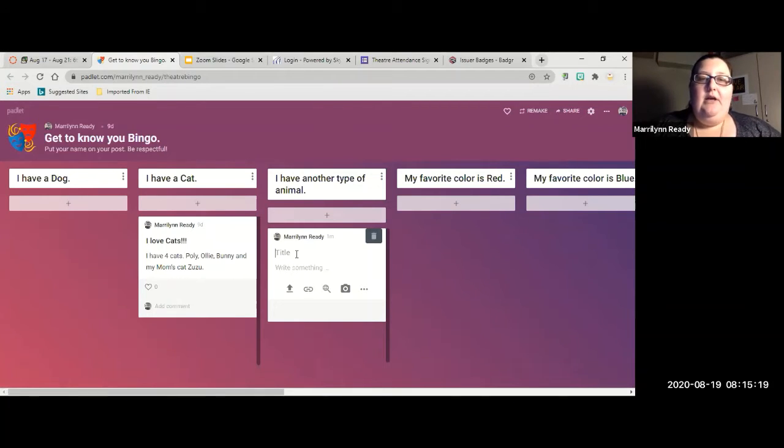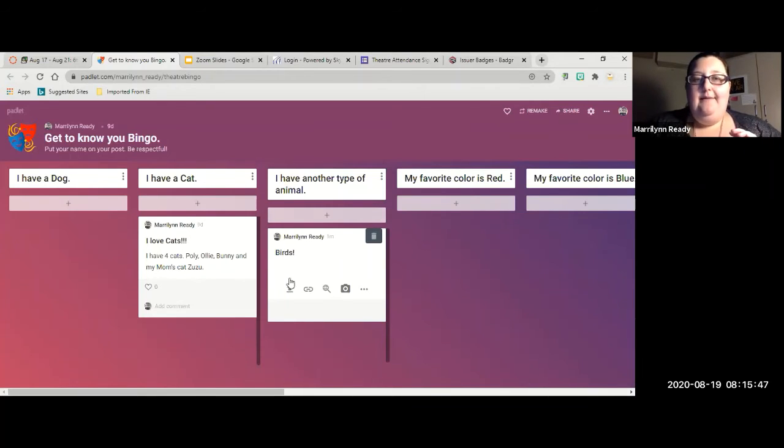And then you're going to put a title. This is going to be important when we get to Friday's lesson, because on Friday I'm going to show you one other thing we use Padlets for, and that will 100% need a title. So since I have another type of animal, I'm going to write birds. I don't actually have birds. This is just an example.